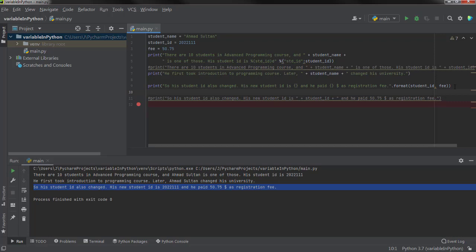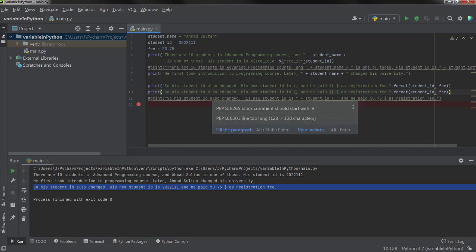So what's the third way of printing the integers or floats inside the print statement?